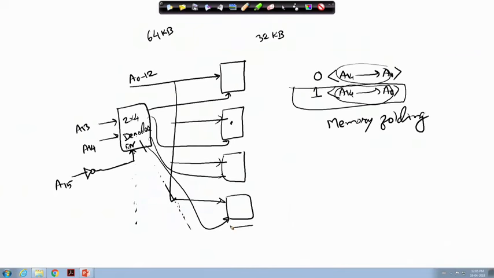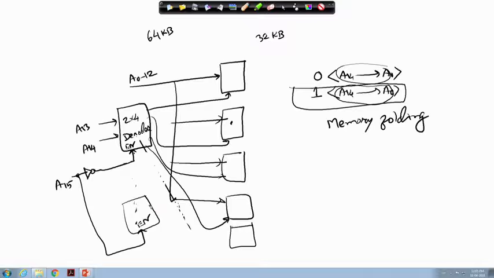So, you can directly use a chip which is a decoder but does not use the enable line, whereas in this case you need to use a decoder which has an enable line. If we are avoiding memory folding, then the advantage is that later on, if you want to expand the system by putting another chip here, then you can have another decoder, and for that decoder you take the enable line and connect it directly here,